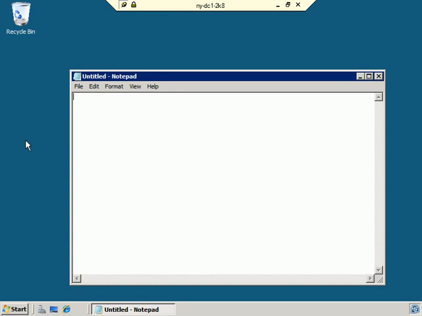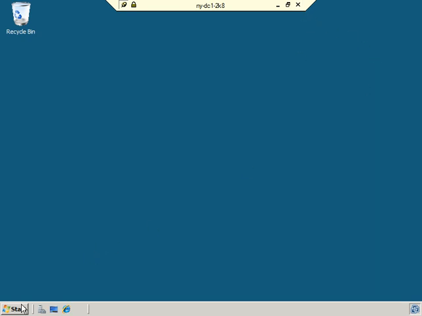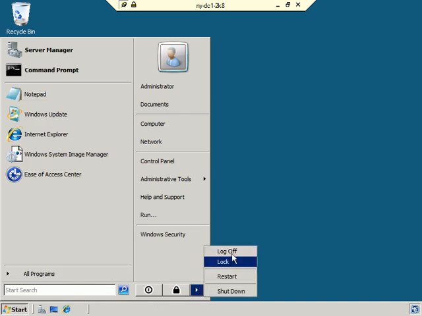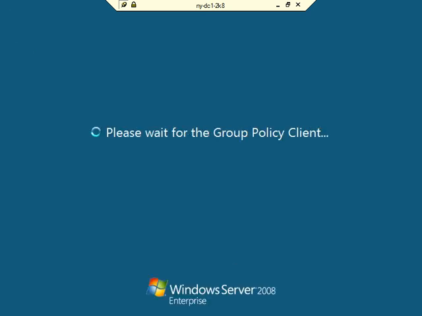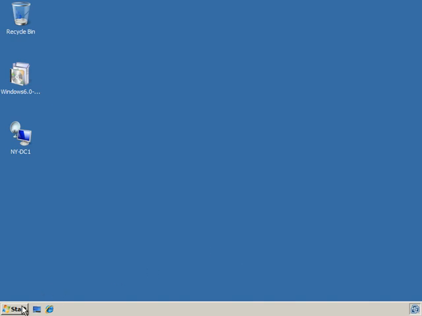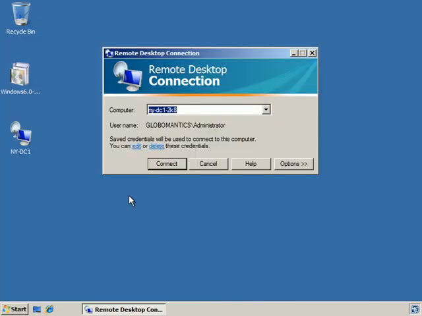So if this is a machine you regularly are going to do this with, that's the way to do it. Save the connection so that you can access it quickly and easily. And again, notice that Notepad is still there because I didn't log off. I disconnected. So let me close this, click Start, log off. And the only other thing that I want to show you now is I'm going to open up another remote desktop connection, and I'm going to show you that we can remotely connect via remote desktop to our server core computer,